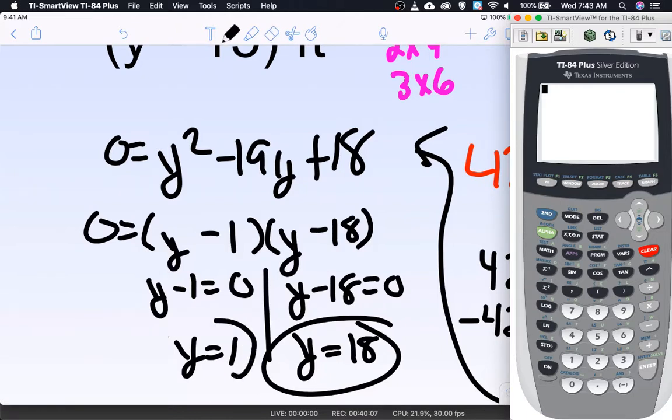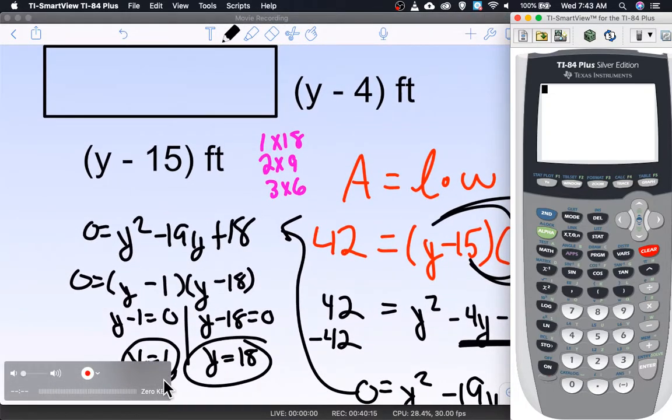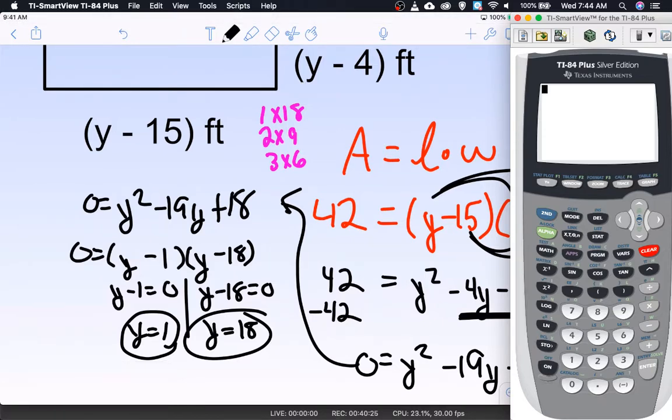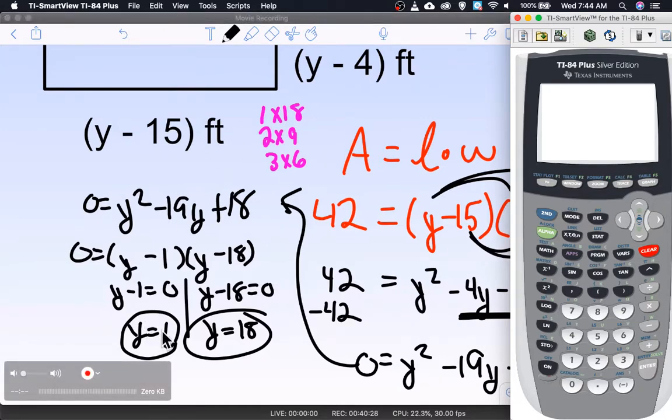And you're going, what the heck? None of these numbers are negative. This makes zero sense at all. Well, if you take those two numbers, the 1 and the 18, and you plug them in up here, one of them actually works and one of them doesn't. The 1, y equals 1, does not work. If I plug in 1 here, 1 minus 15 is negative 14 feet. There's no way this could be a side length of negative 14 feet, and that would be a negative 3 feet. It doesn't work. But if I plug in 18 there,